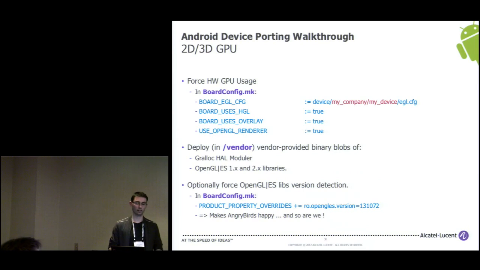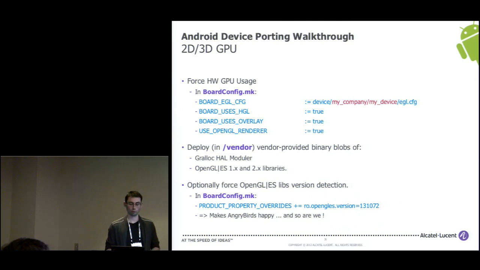At this point, you probably have a device that runs on your LCD, so it boots up and you have Android running on your device. It's pretty much a good step. Now you want to have support for the GPU, which is pretty mandatory, at least for ICS, because everything now is using 3D and OpenGL. Without that, it's really super slow.